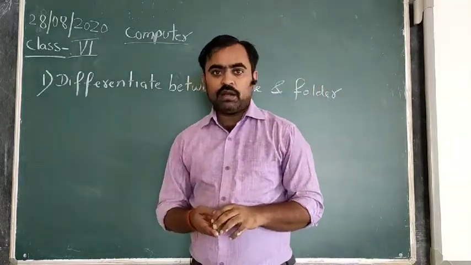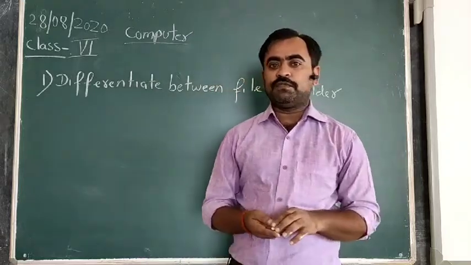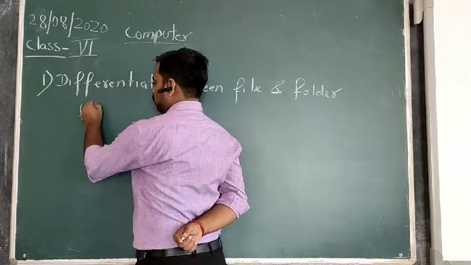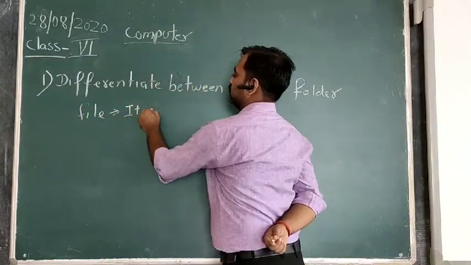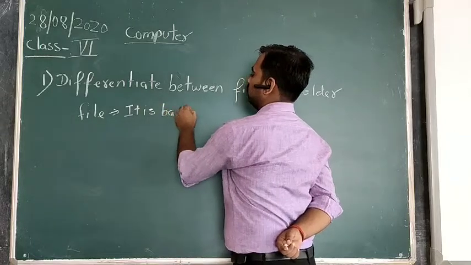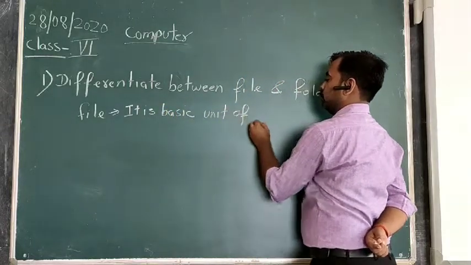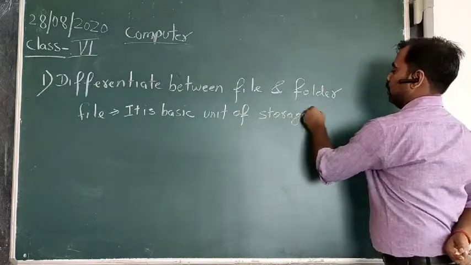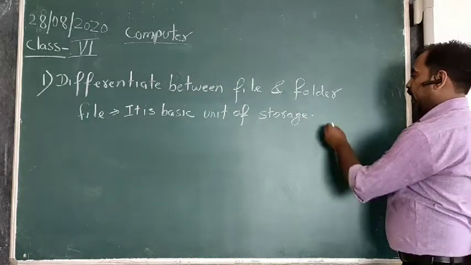The files are the basic unit of storage within the computer system. So the first one, the file, is a basic unit of storage, and